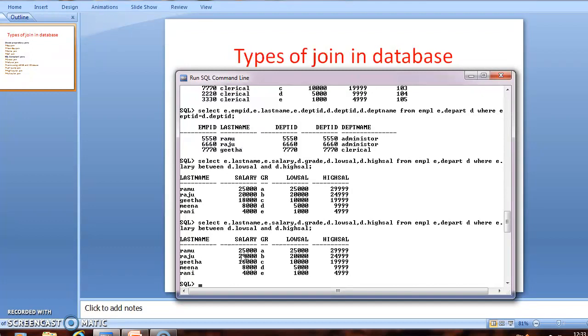For the relationship between the two tables, the salary column in the employee table must be between the values in the low sal and high sal in the department table.